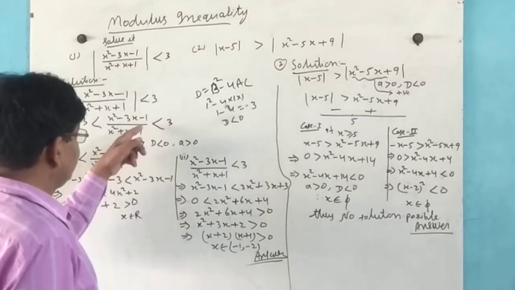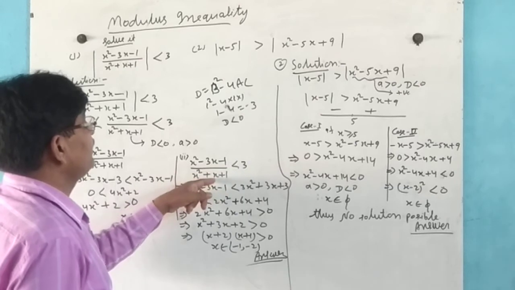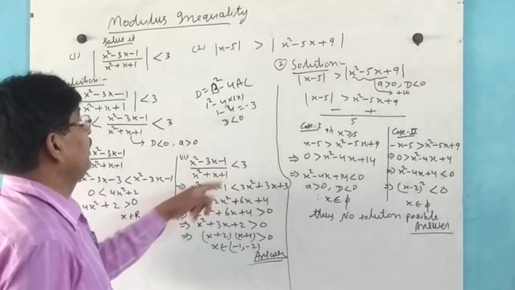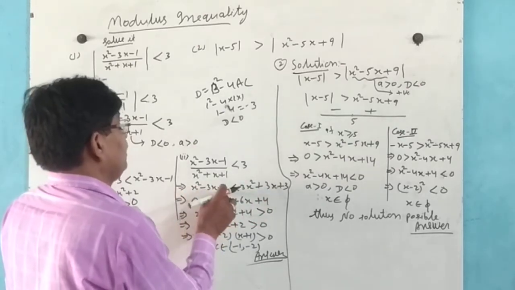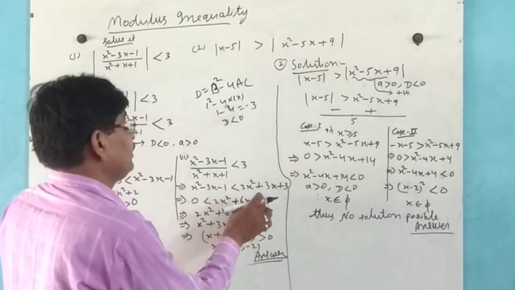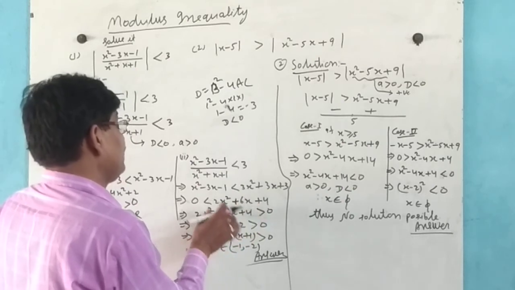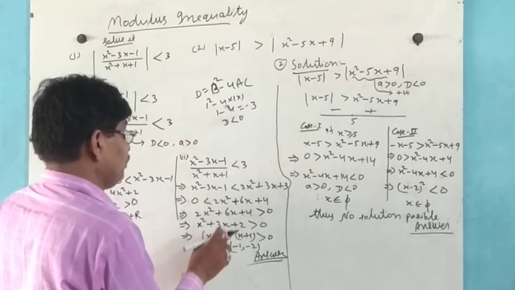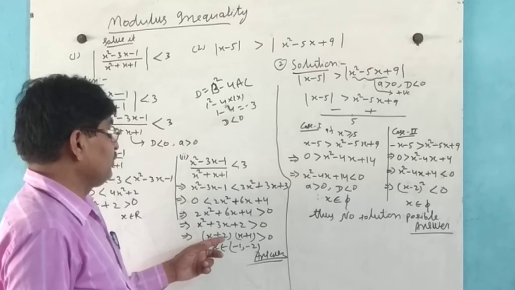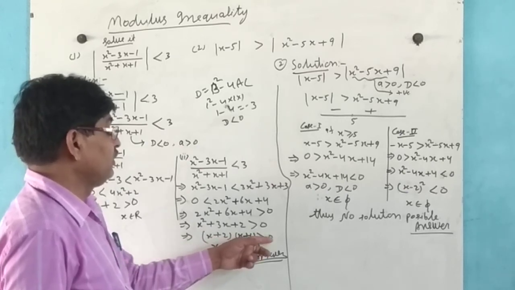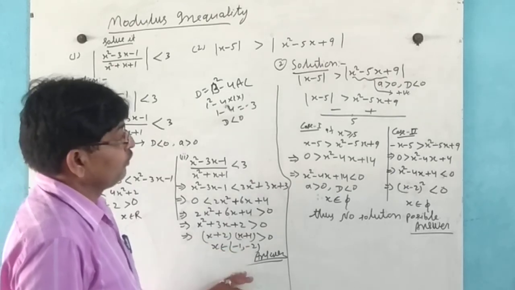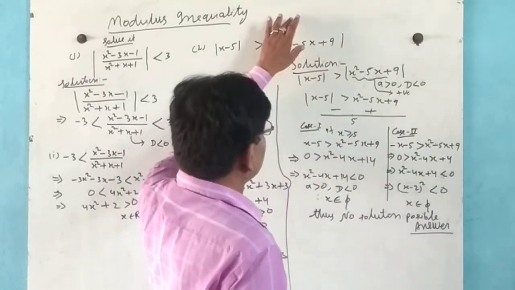And here we take the second part, and multiply this, 3x square plus 3x plus 3, and here 0. This term is transferred to here, 2x square plus 6x plus 4. This term comes here, and this is greater than 0. After factorizing, we get x plus 2 and x plus 1 greater than 0. Then x belongs to minus infinity to minus 2 and minus 1 to infinity. Similarly, this inequality is also solved.